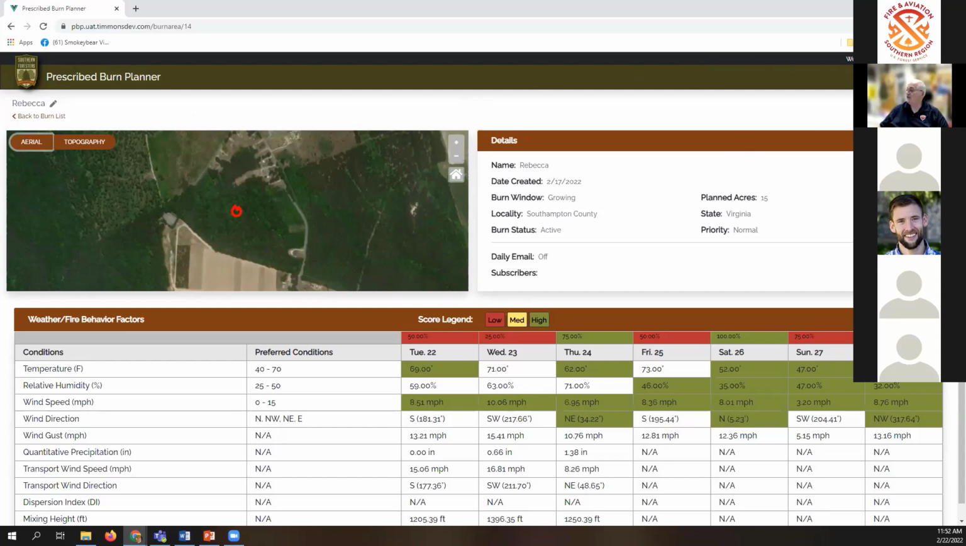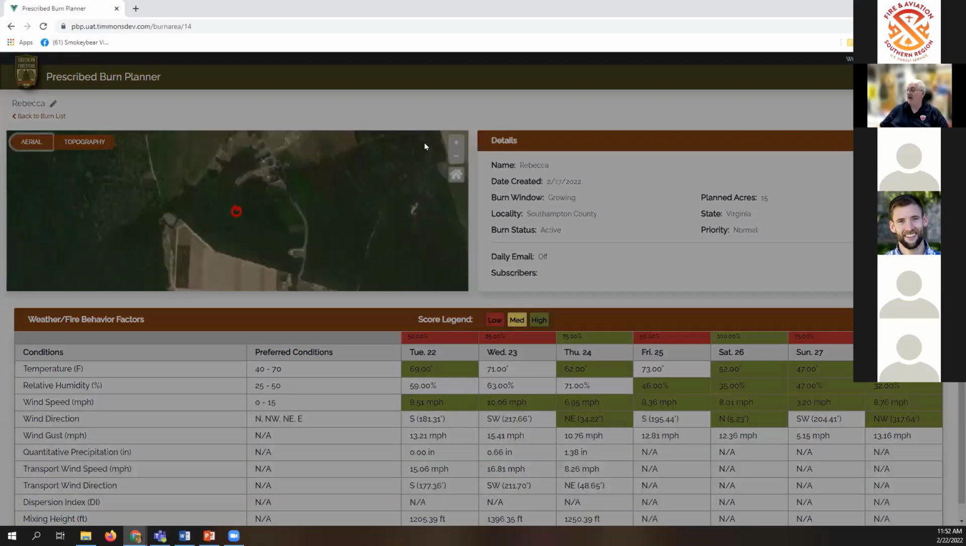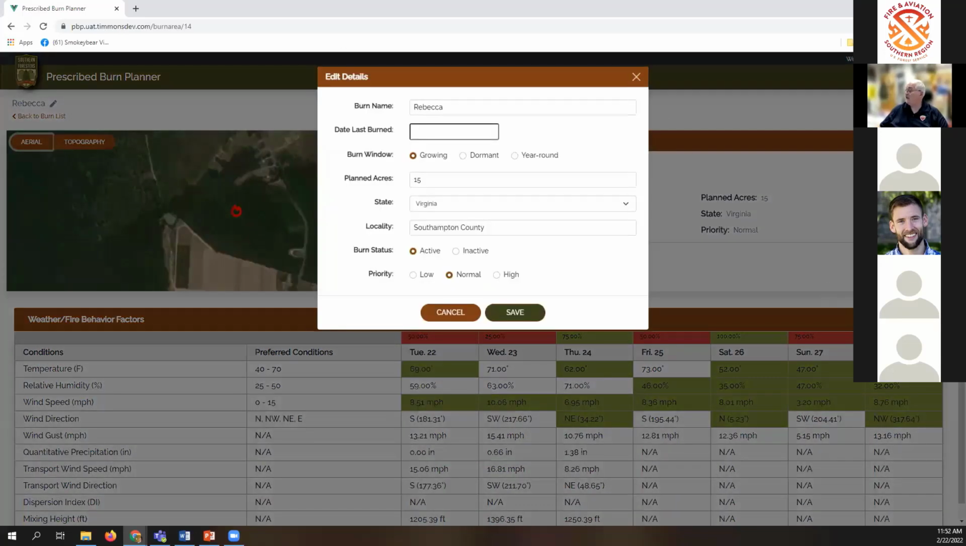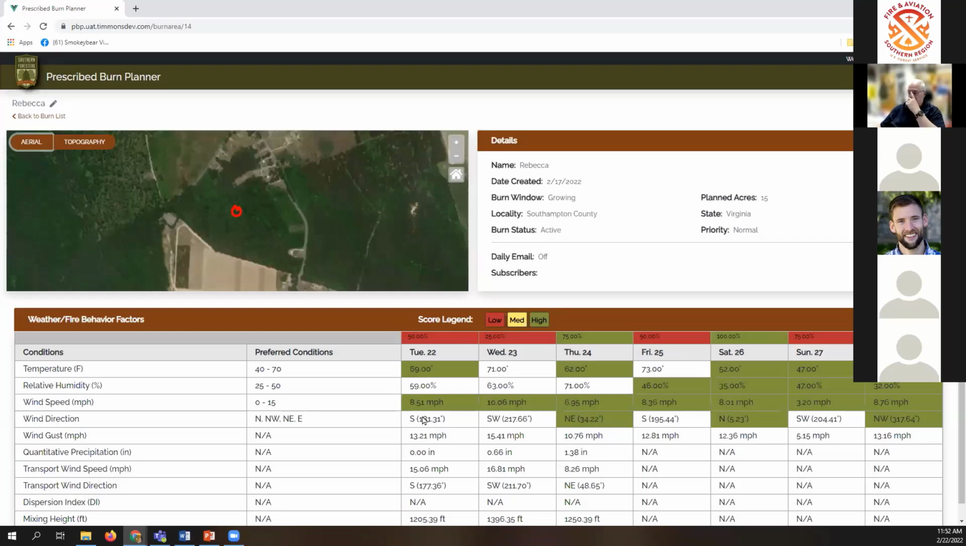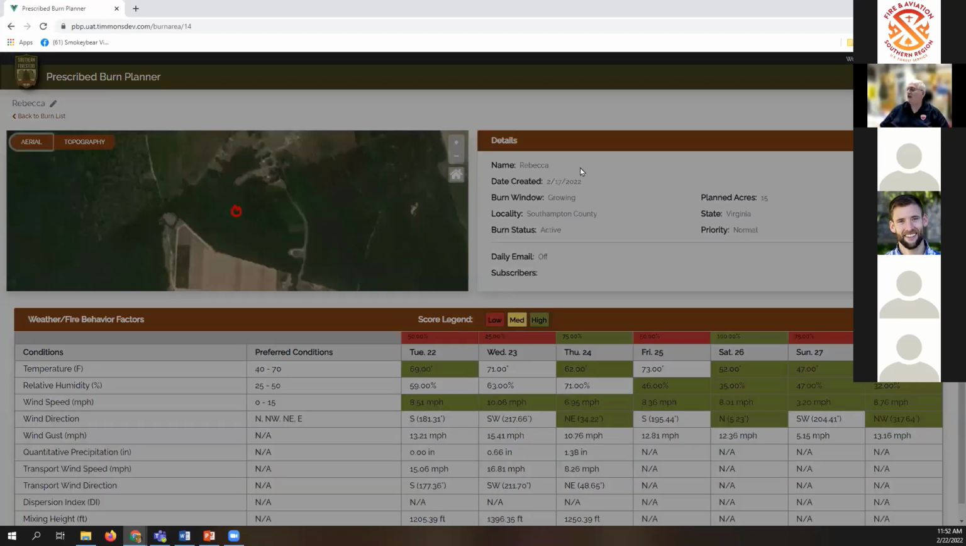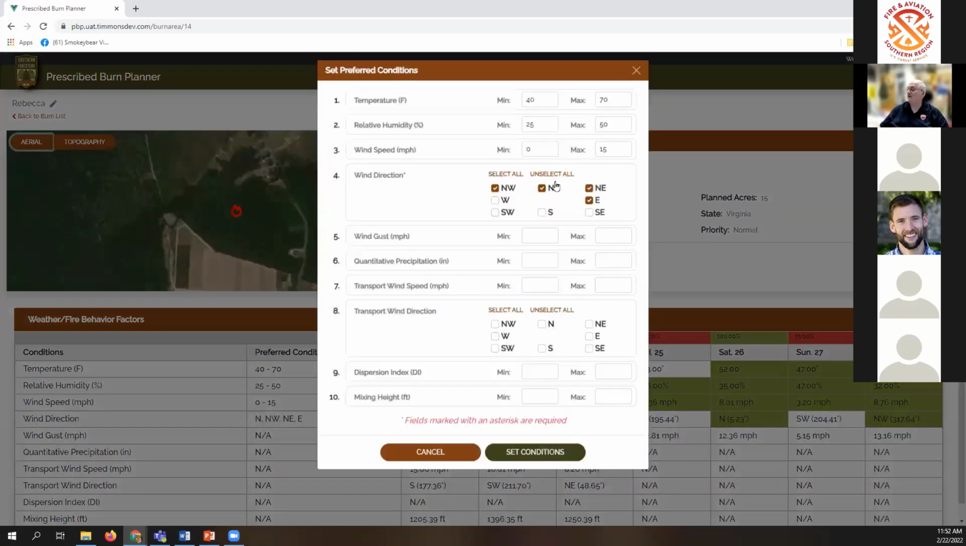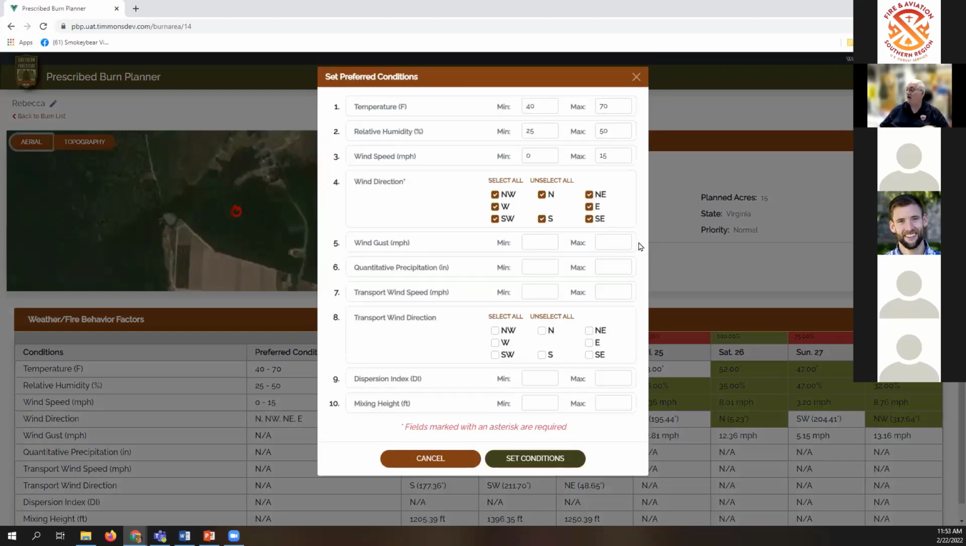Once you run it, you can go in and edit it if you want to change some of the information. If you want to update the conditions, you can come in here and set your wind direction. I want to select all, I don't care which one. It's in the middle of nowhere, and I can take any kind of wind direction. Same thing with the transport wind speeds. You can select your transport wind speeds, dispersion indexes, all this stuff. Some of it is mandatory and some of it you don't need. Only if you want to use them, you can use them. Again, a pretty powerful